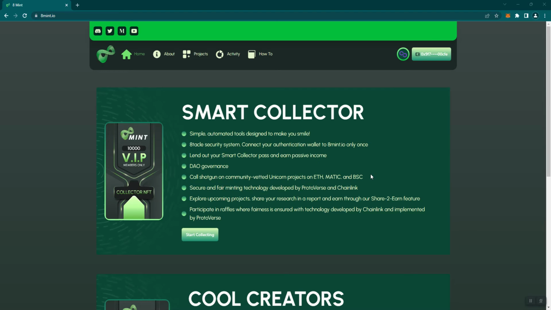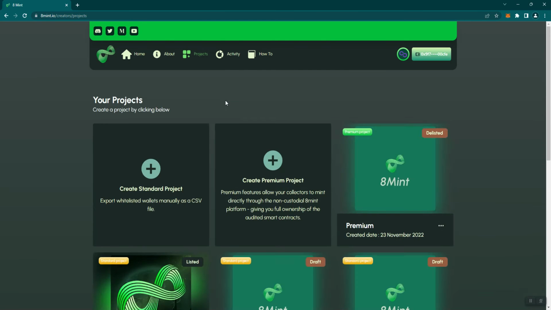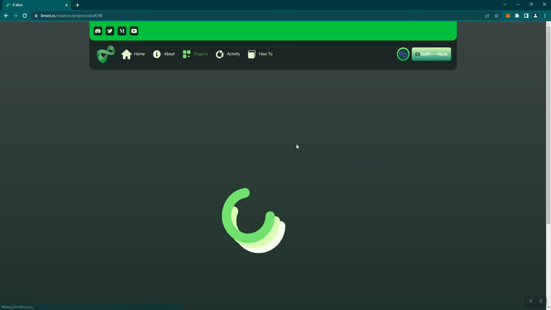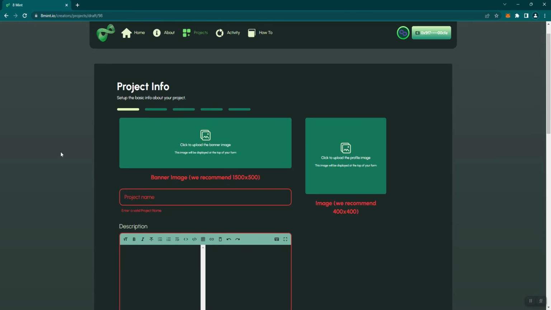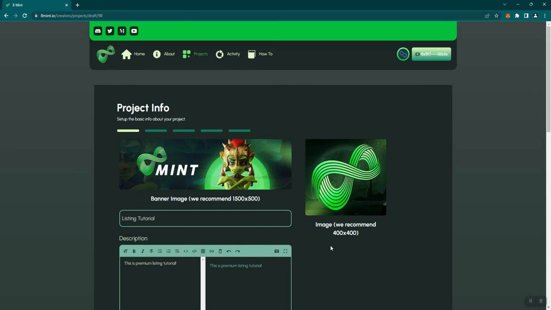First, visit the 8min platform and click on the Projects button in the header section. Then choose Create Premium Project. Enter all the requested information about your project like project name, website, profile picture, etc. As you can see, we have already filled in all the necessary information and are now going through all the